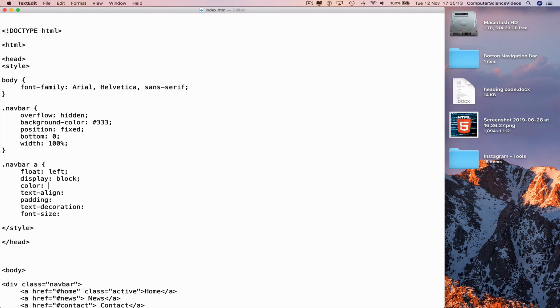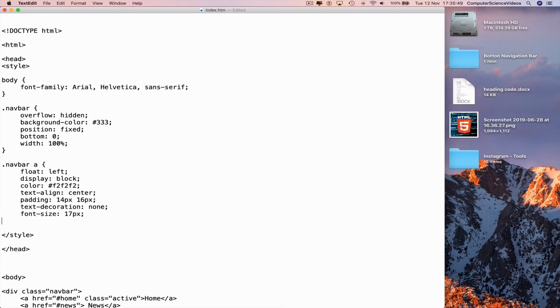semicolon, color hashtag F2 three times, semicolon, text align the center, semicolon, padding 14 pixels and 16 pixels, semicolon, text decoration none for a reason, font size 17 pixels, semicolon, go to a new line, curly brace,